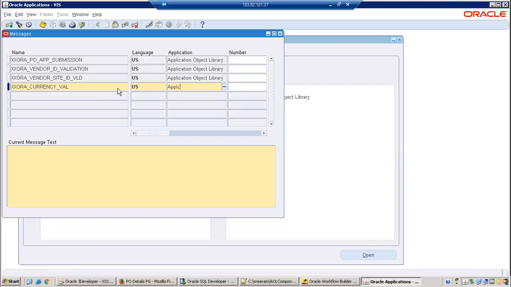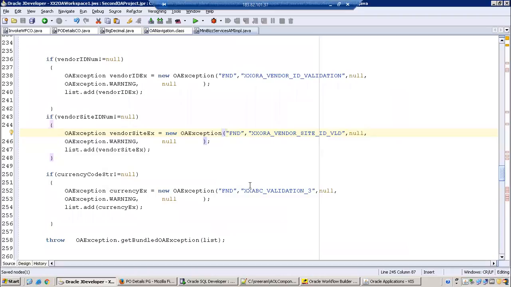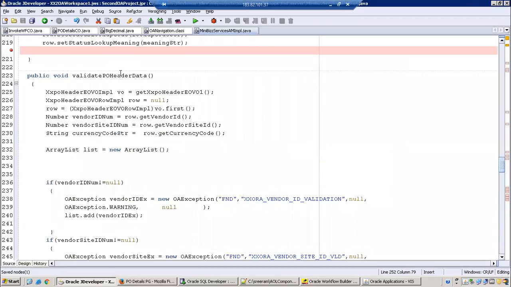I'm just not following that, but I need to follow that. Select valid currency.